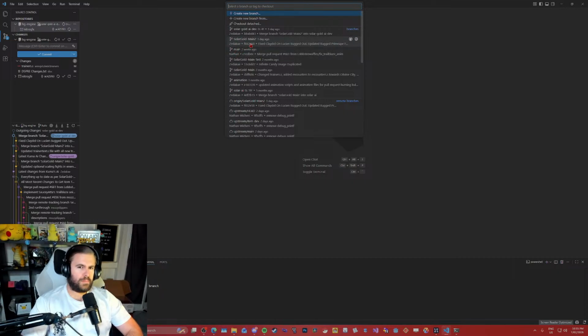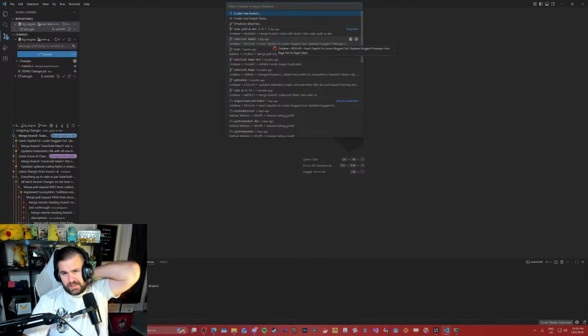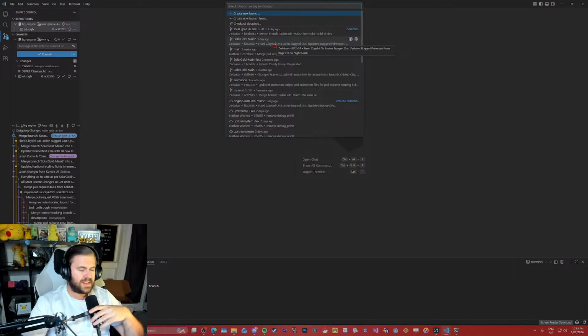Then you have Solid Gold Main 2, which is basically your game. So all your changes to his engine go in here. You use the base engine still, but you're adding your own stuff to it, like Pokemon encounters, trainer battles, maybe Infinity Red Candies. So you're adding in stuff that he doesn't have on his main branch.